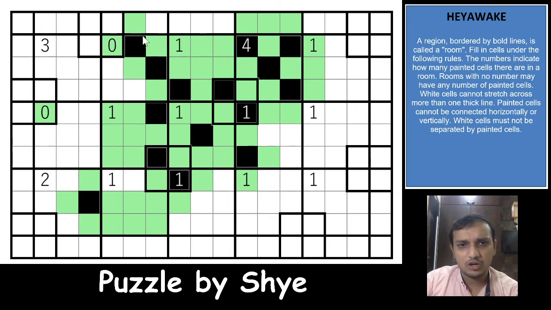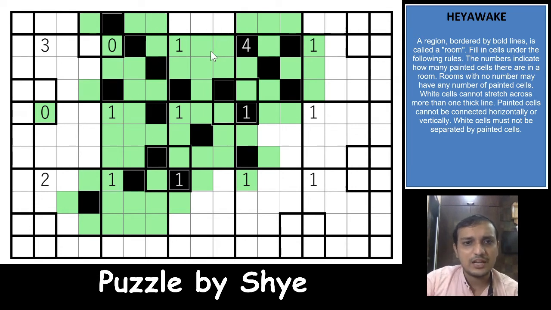Same logic, thick border logic, right? Nice, very good actually. So this becomes unshaded because the white cell has to come out, and that shades this cell. Again the thick border logic, and that shades this cell. The logic that we deduced, that one of these two cells and one of these two cells will be shaded. That shades this cell as well, and this cell, because white cell has to come out. Easy. Okay,